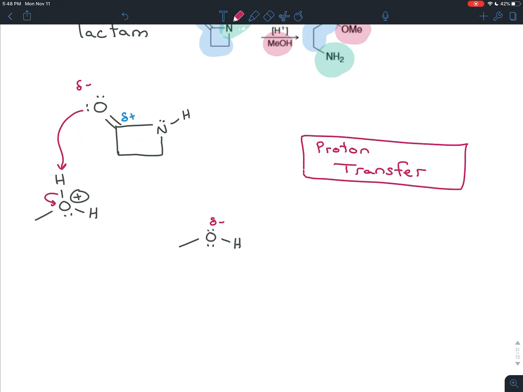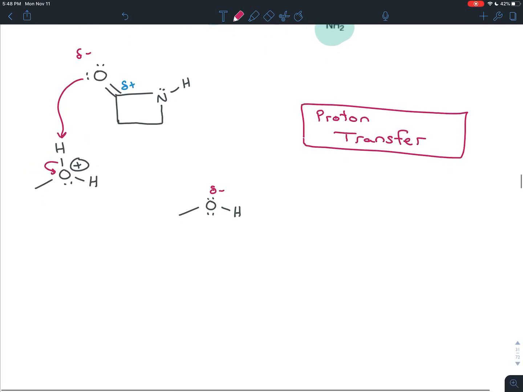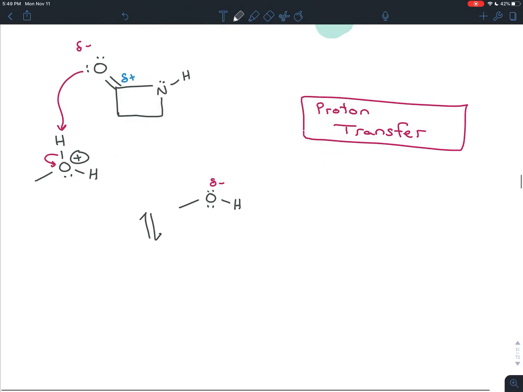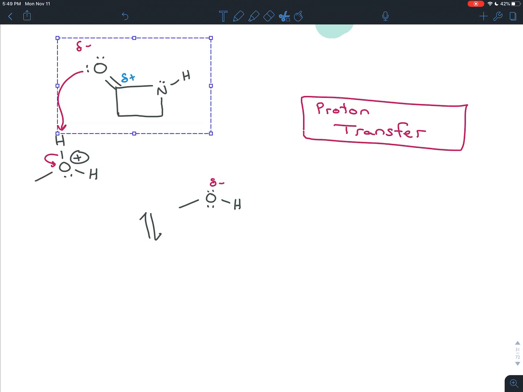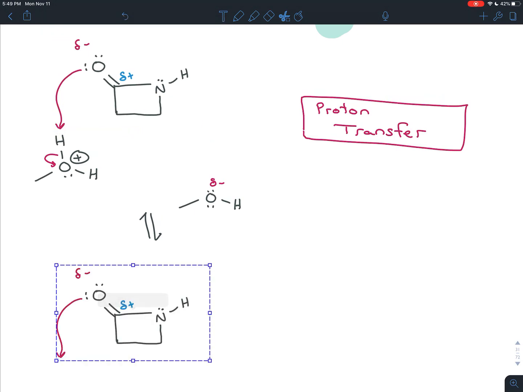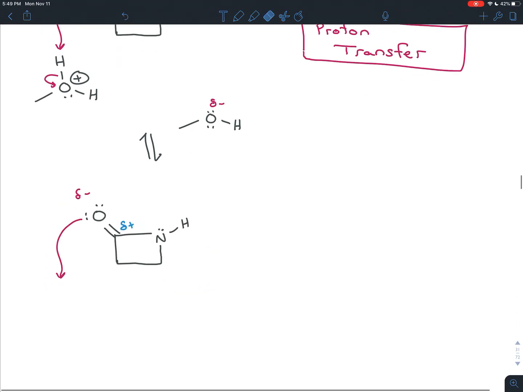This is not reactive enough. We can make it more reactive, a better electrophile, by doing this proton transfer. Once we do this proton transfer, we end up with an awesome electrophile. That lone pair turns into a bond to a hydrogen, and the oxygen now has a